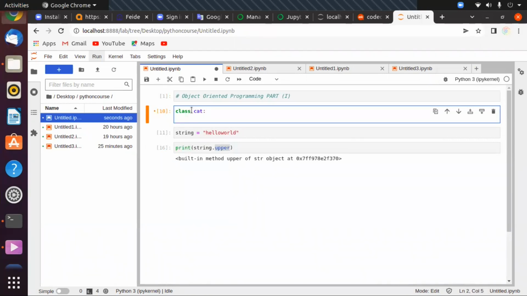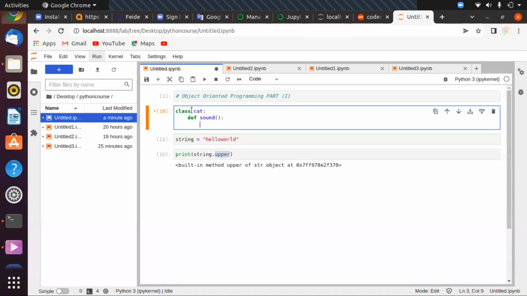Now we should pass some functions into the class. Because we are inside the class, these functions are called methods. The methods, in fact, are functions inside the class that the class can perform. For example, let's say which kind of actions one cat can do. For example, cat can make a sound. Let's define a sound method